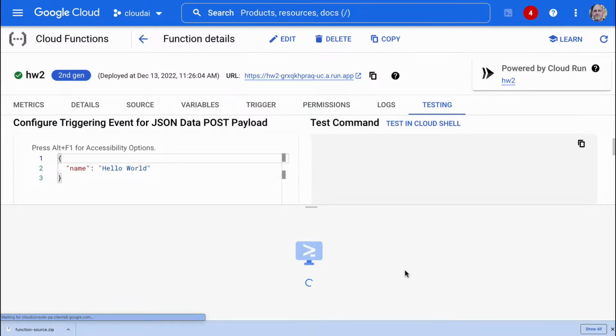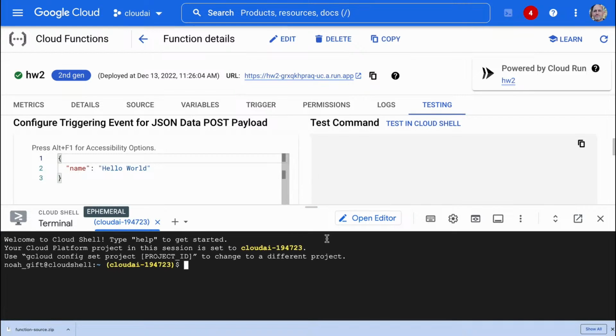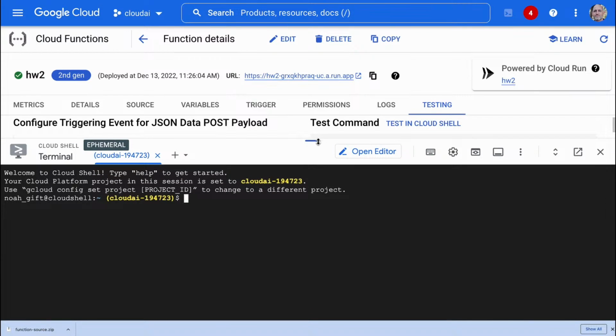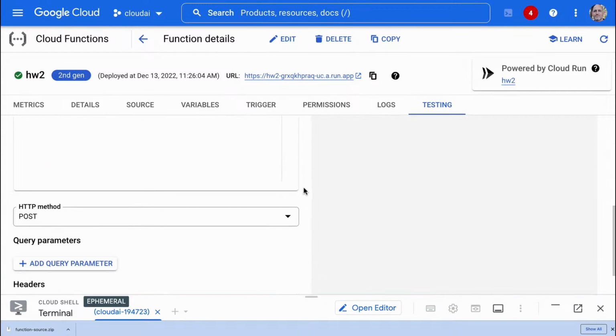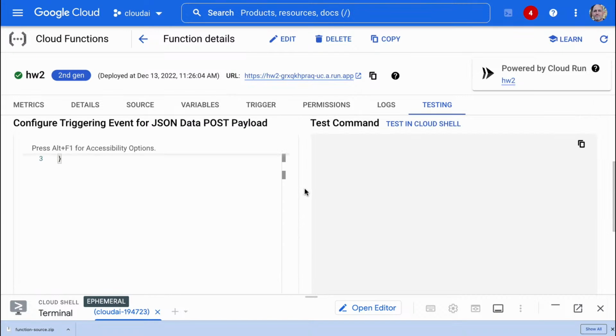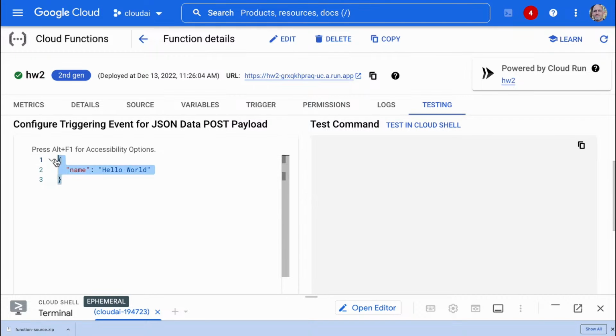So we can say test out in Cloud Shell, and it's going to do hello world. I'm not sure why that's not showing up here. Post method. Huh.